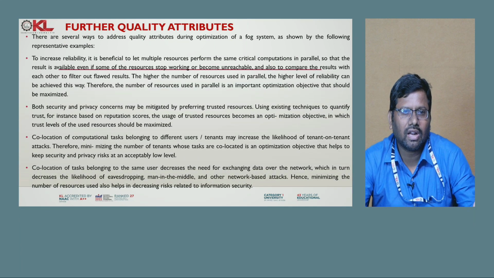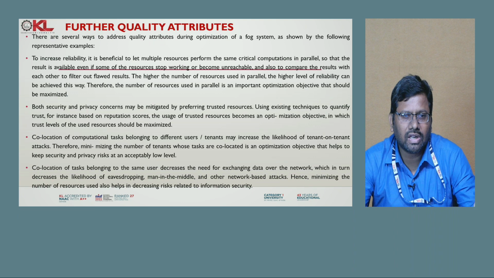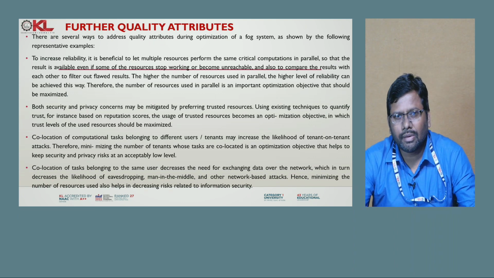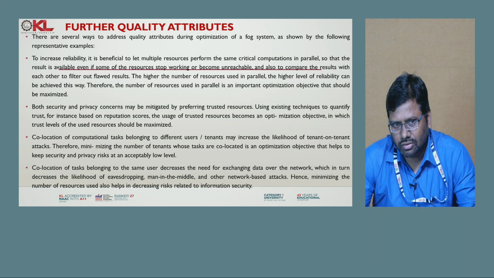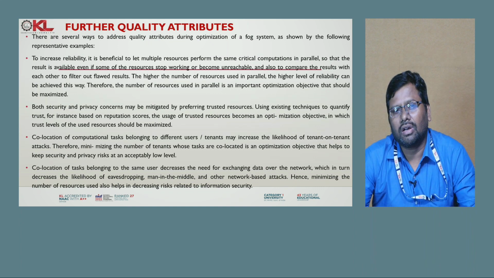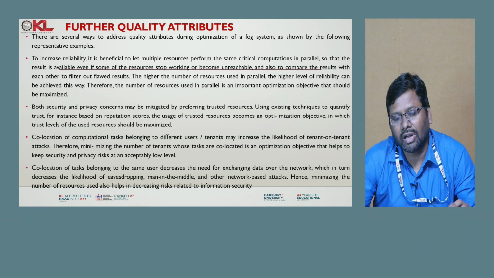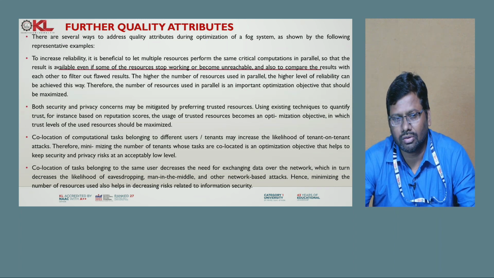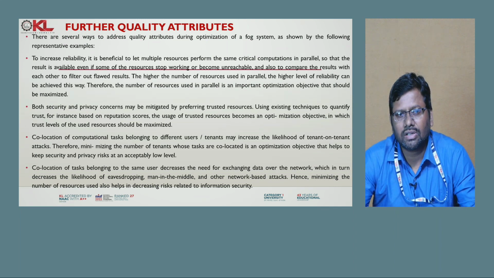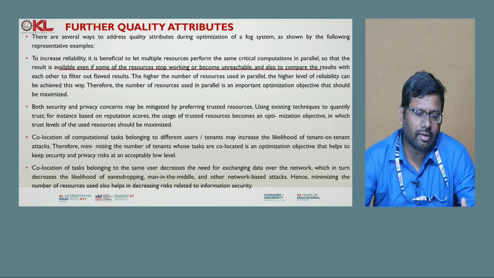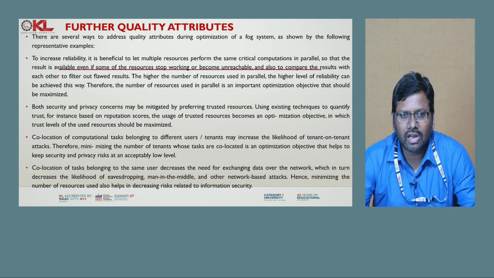So what are they? There are several other ways to address the quality attributes to increase the reliability. Okay, reliability means what? Whether the application is reliable to our required thing or not. So unnecessarily we should not run applications which are not required. Whenever we are doing a particular task, suppose there could be 4 applications which are required, we should not go for a 5th application, because our reliability comes with running the 4 applications. So such kind of things could be found, and we could overcome that.